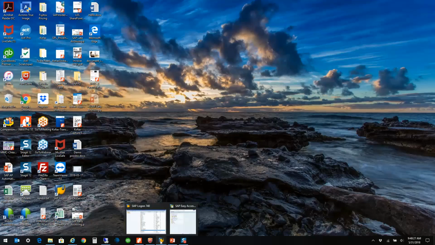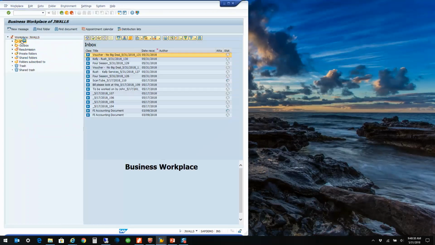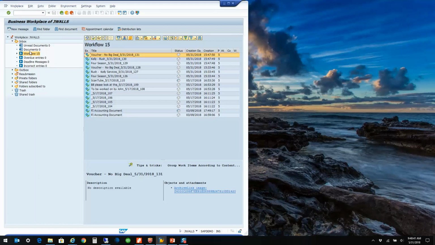Now, if I go into SAP and log into SAP, and I go to my SAP Business Workplace, I go to my inbox, I go to my workflows, you can see that I have 15 workflows. 3 of those were scanned in this batch, 1547. And you can see that I've got my different descriptions that I typed in Kofax that came along for the title. So in order to process this work item, I would simply double click on it,